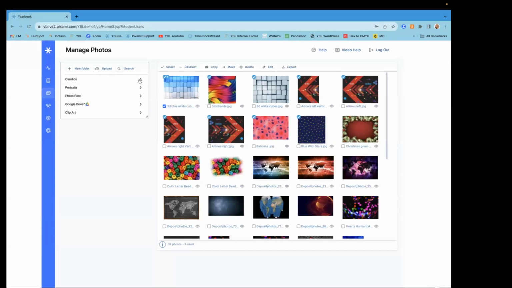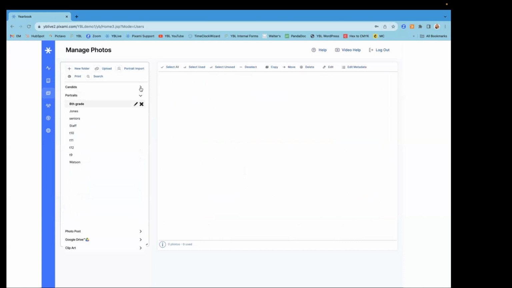Let's go ahead and close that out. Then we have here our portraits. So portraits, like I mentioned earlier, we are more than happy to upload them for you. However, if you want to upload them yourself, you are more than welcome to do that. And you would do that here in the portrait section. Just so you are aware, when we say we will upload them for you,